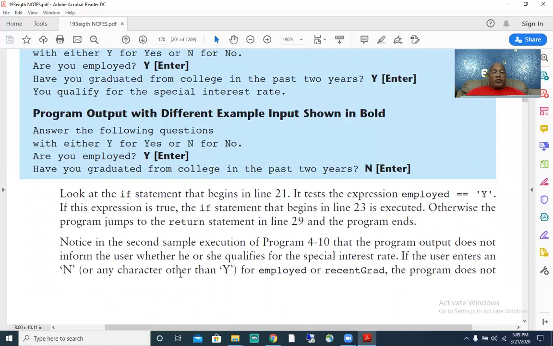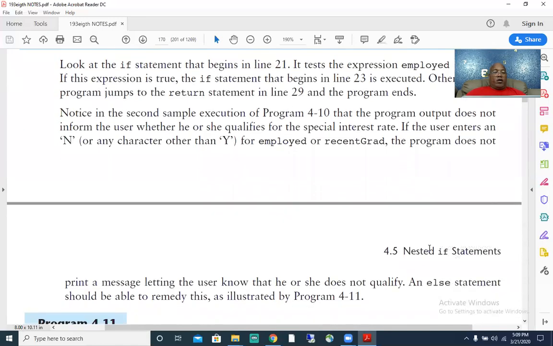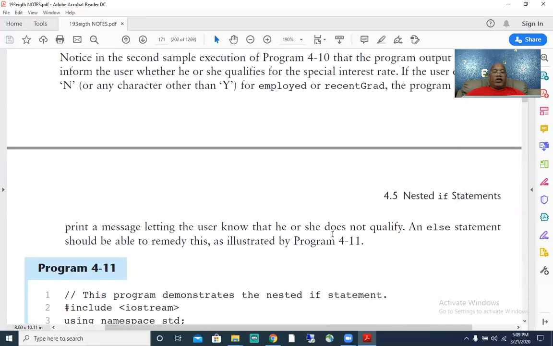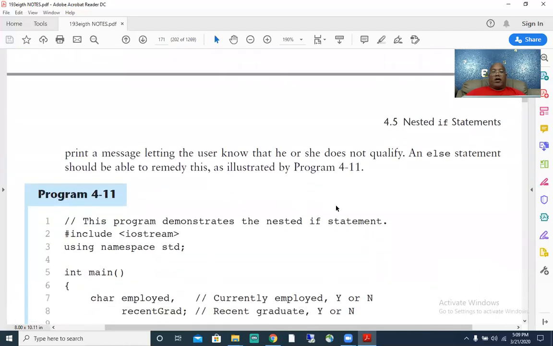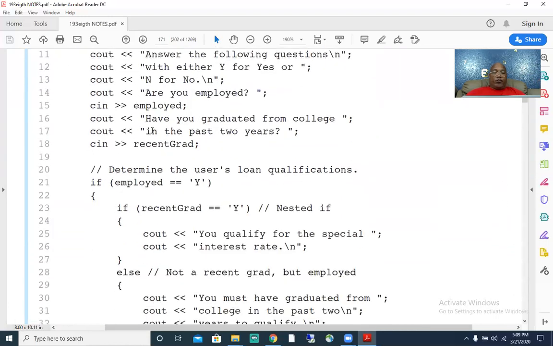All right. So what happens is if the user enters an N, or any other character other than Y, for employed, or recent grad, the program does not print a message letting the user know that he or she does not qualify. Okay, and it tells us we can fix this. An else statement should be able to remedy this. And if we look at this program, exact same program,